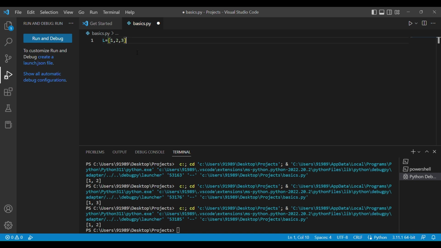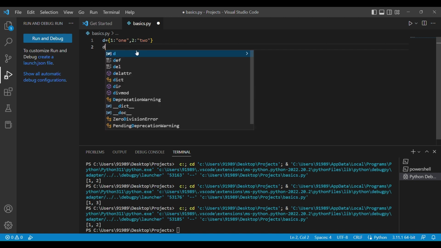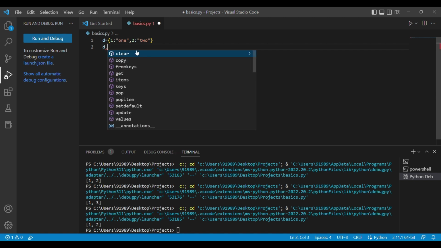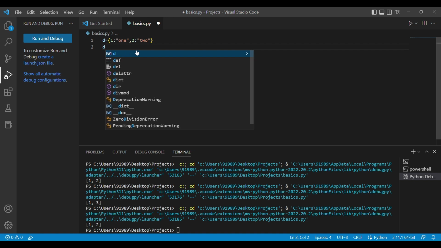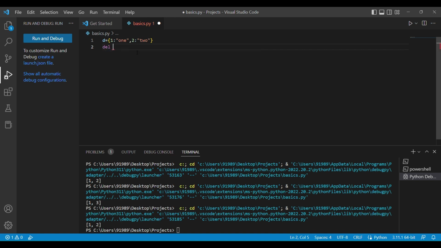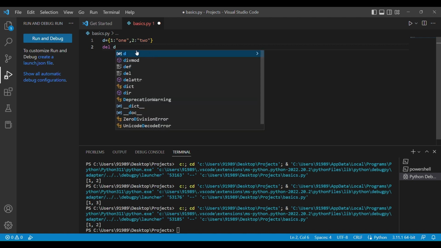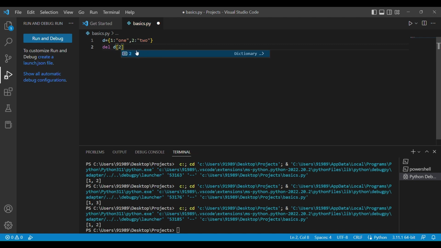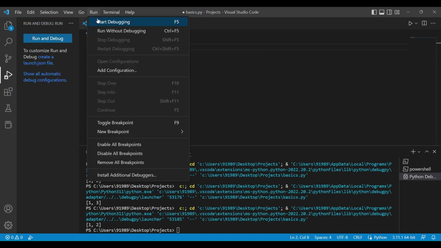Now let's see some commands for dictionary. D is equal to, firstly the key, that is 1, and here we can write 1. Then the second item, 2, and here we will write 2. Then if we apply some functions on it, like d dot, let's delete d, and in the bracket the key, so the key would be 2. If we run it,